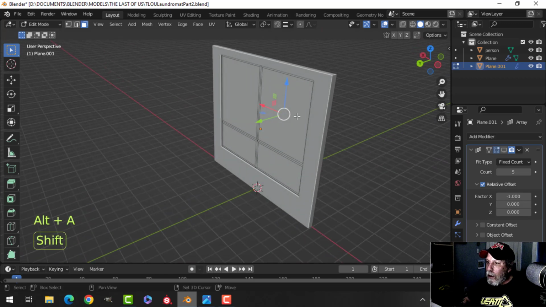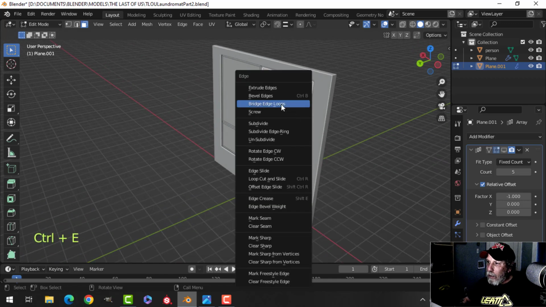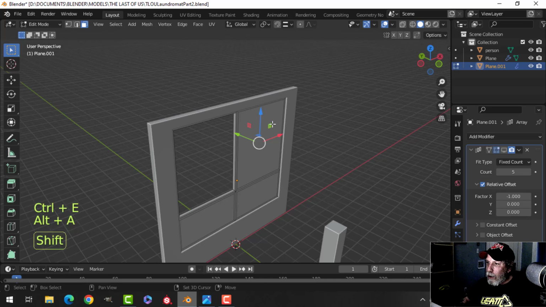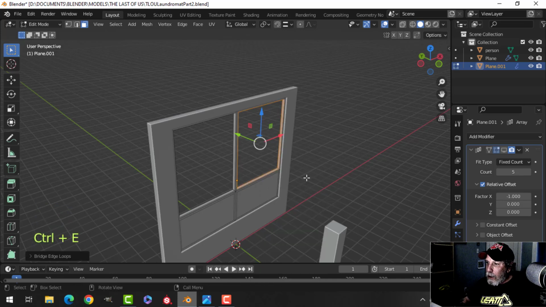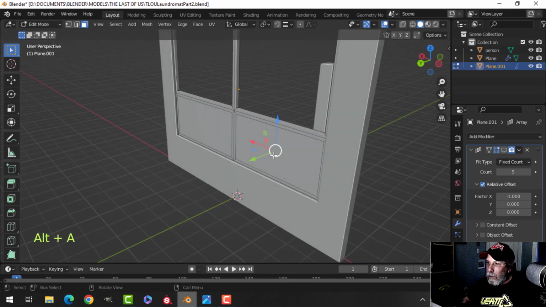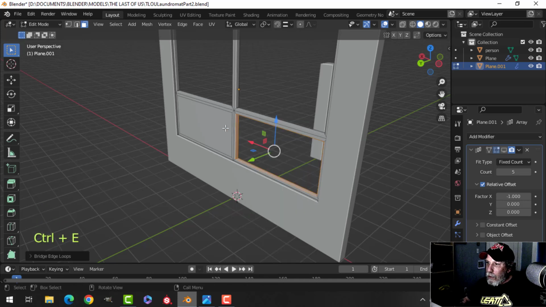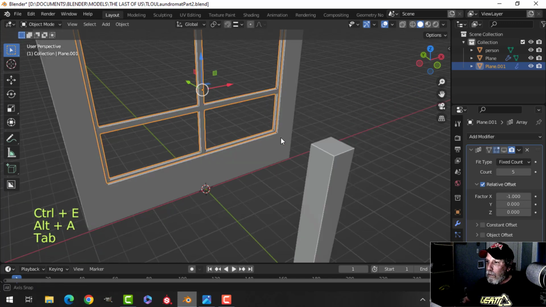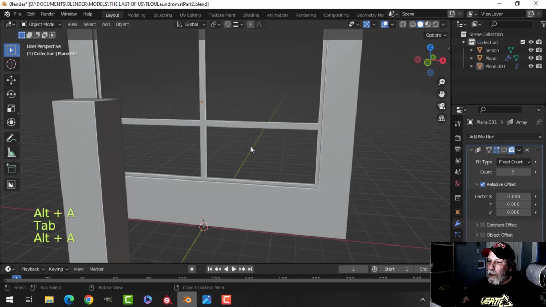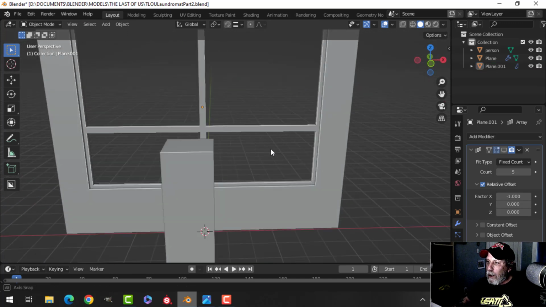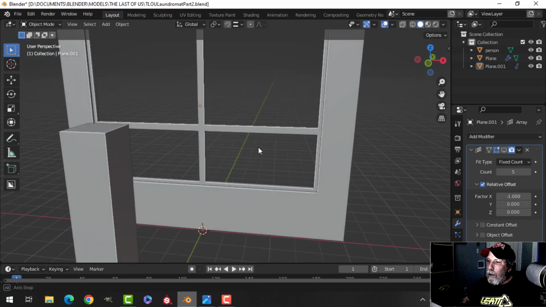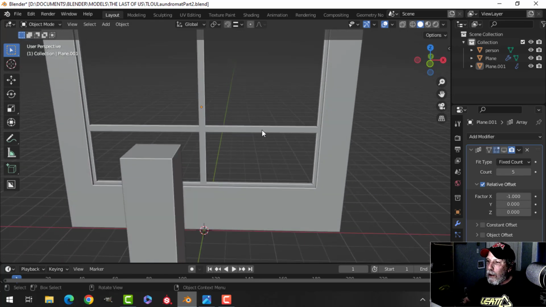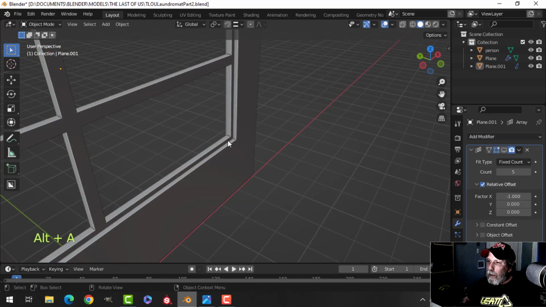Let's select this face and this one. Control E, bridge edge loops. Let's just go around and do this. Bridge edge loops, bridge edge loops, and this one. Okay, you get the idea of what I'm saying. And what if I was to do that, and then